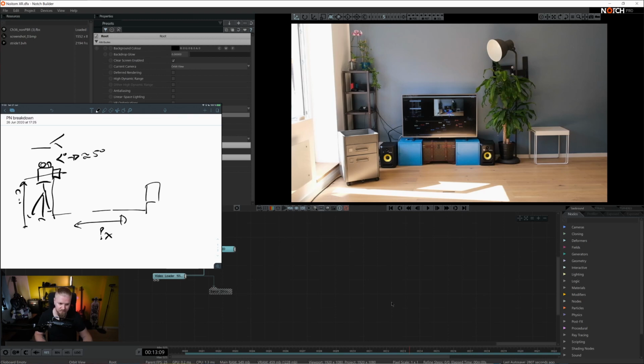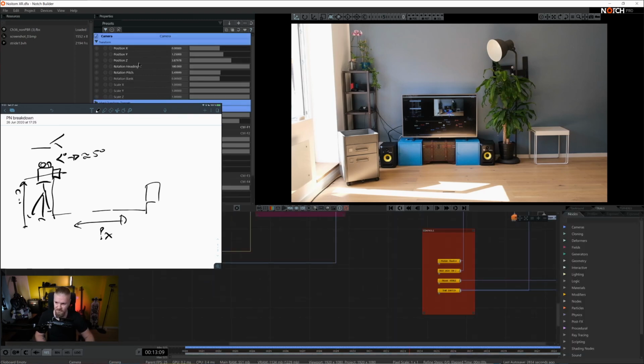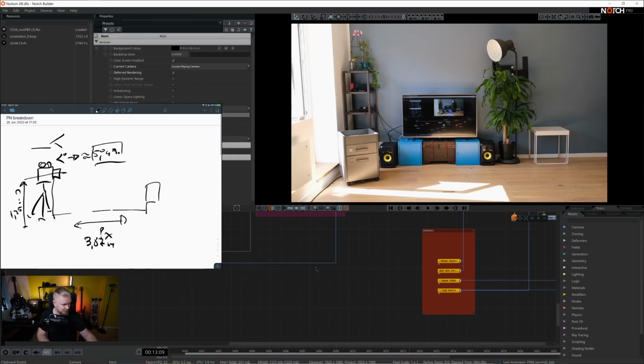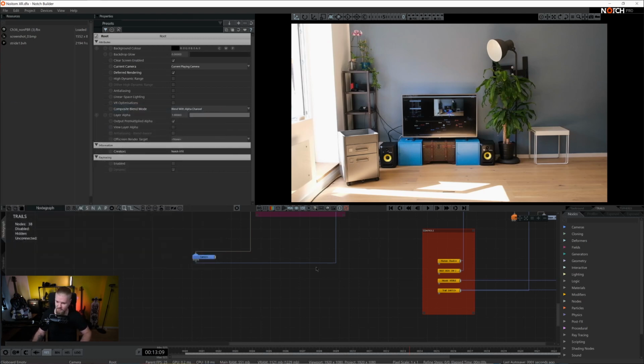So I've used all of that information and I added it to the Notch camera. The height of my camera was 1.25 meter. The distance from this marker to my camera was 3.87 meter. And the angle was 5.49. When you have these three measurements set up, there's one more thing to take care of, and that is